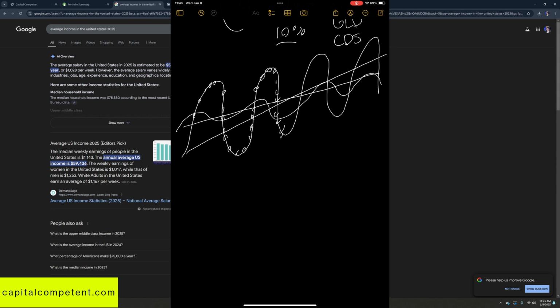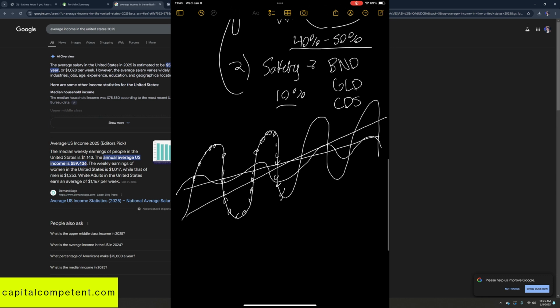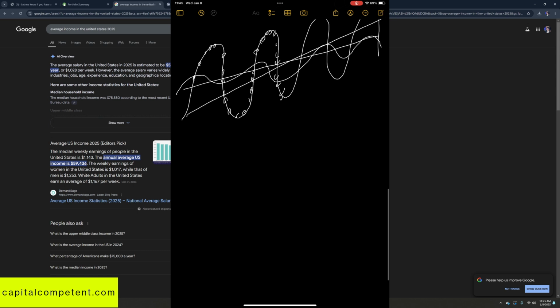Okay, this is going to keep us from fluctuating. It's going to keep our heads on so we're not exposed to the boom and bust cycle and we don't lose a lot of money. Okay, so we're talking bonds, gold, CDs, whatever. Okay, that's about 10%. I don't want to go over, don't want to go less. That's pretty much going to stay the same. Okay, number three, we're going with